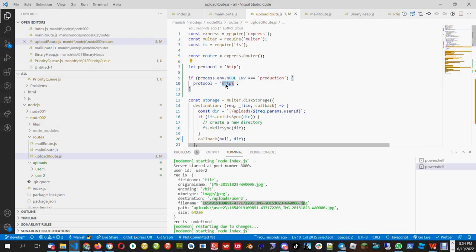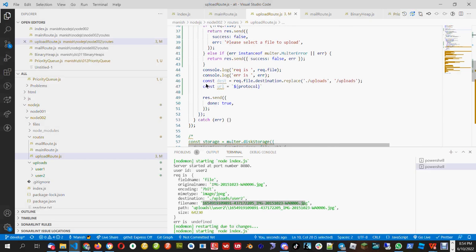But if you know your production is HTTPS, then you can use this protocol. Okay, so I will start with the protocol, then after the protocol I will put ://